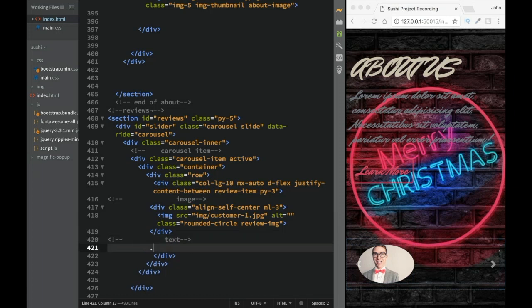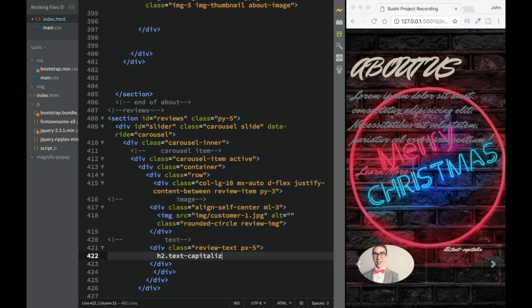So I'm going to say there's going to be div review-text. Then we're going to say padding left and right is going to be 5 over here. And within this div, we're going to have a heading 2, text-capitalize over here, and then we'll have margin bottom 3. Then we're going to have primary